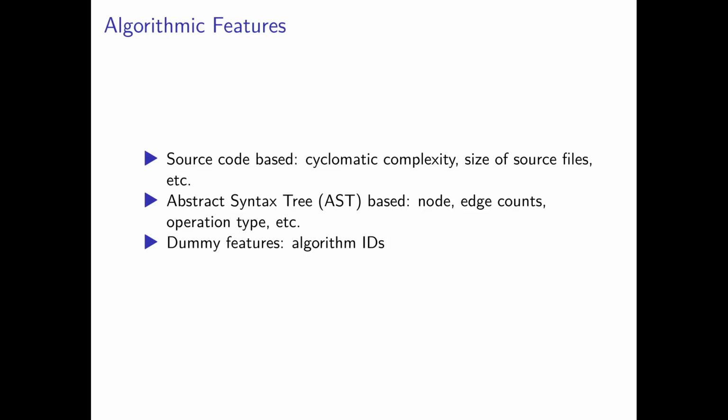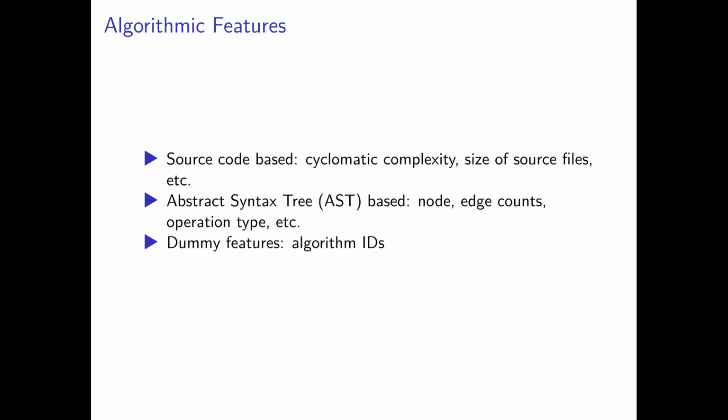So what are the features that we've extracted? There are two main feature classes that we looked at. The first one being features based off of the source code, so things like cyclomatic complexity, the size of the source file, and so on. And the features based on abstract syntax trees, or ASTs. So we collect the number of nodes, number of edges, the kinds of operations that a solver does, and many